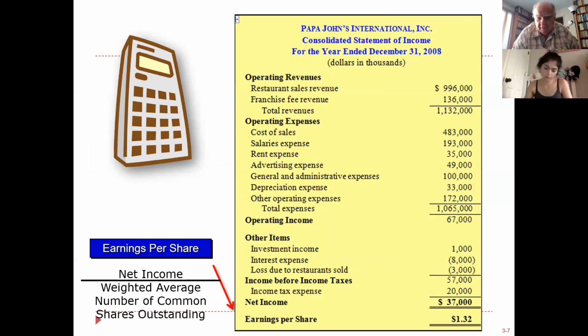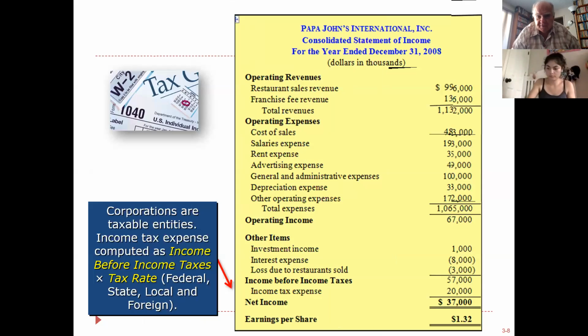Wow, how many times did we look at this income statement, huh? Same presentation. And they're just showing you the calculation for earnings per share. Net income divided by outstanding shares. Again, you're going to be picking those up in your FSAs. And I hope you like doing the FSAs. I don't know about you, but I'm getting sick of looking at the same income statement time after time, huh? But the thing is, they're just breaking out some different things for us to consider.